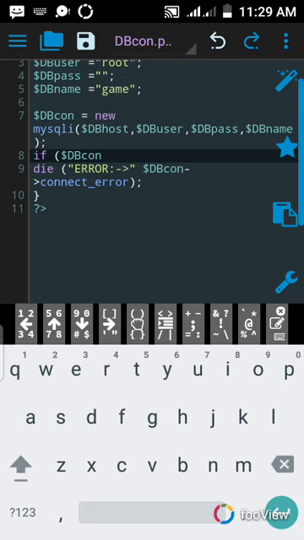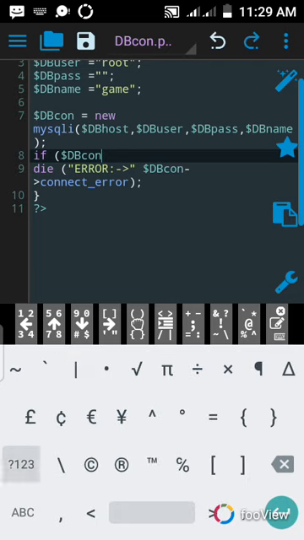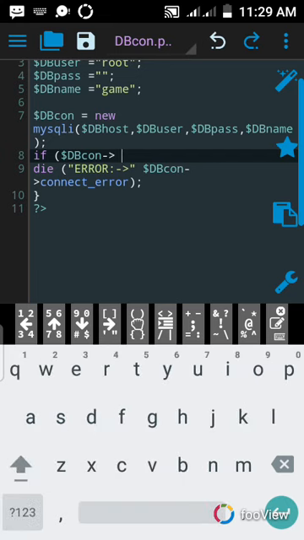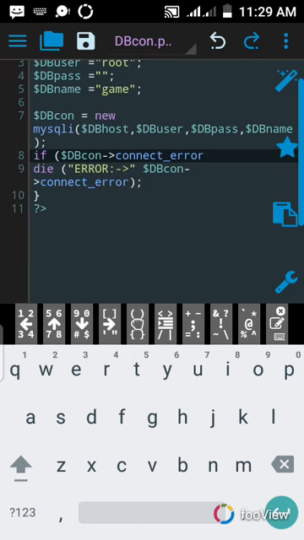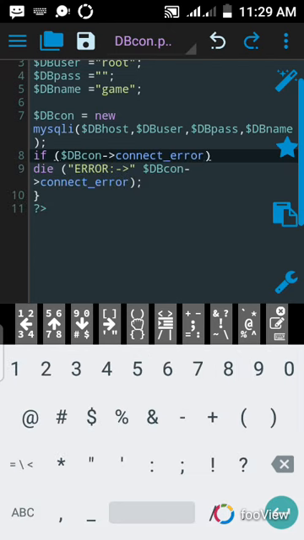Now the variable database connect error, which means if the database connection has a connect error, then do this,